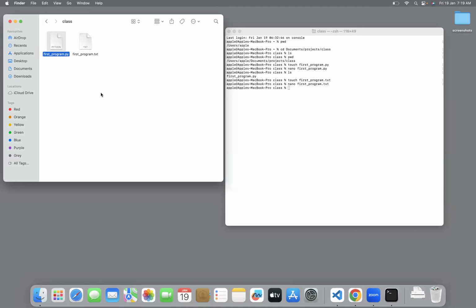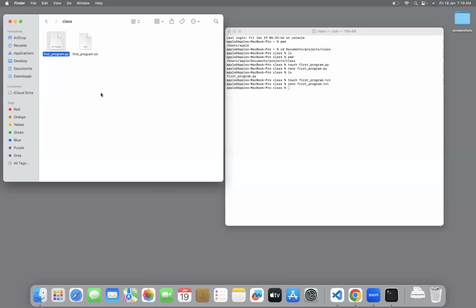All this logic can be written in a file and saved in your system with an extension called .py. Like this, other languages will have their own extensions.